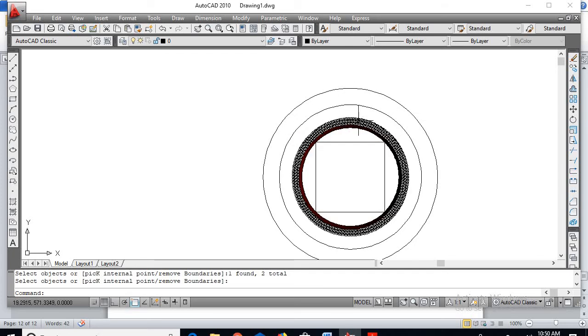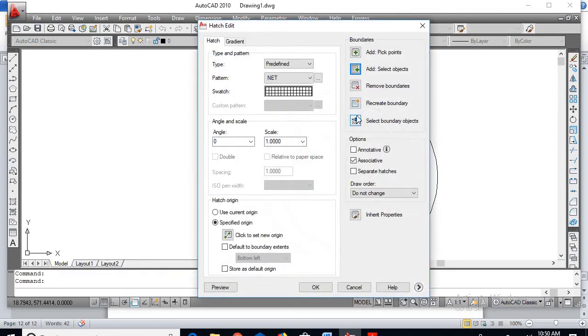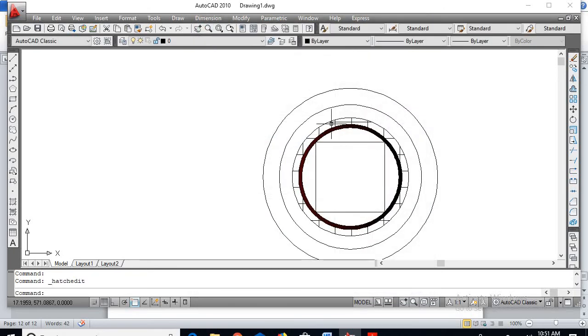Suppose we are getting it as a black color without any gaps, double click on that. Here we can get the scaling. For example, if I change the scale to 10, say OK. Here you can see the gap in the windings will be shown like this.